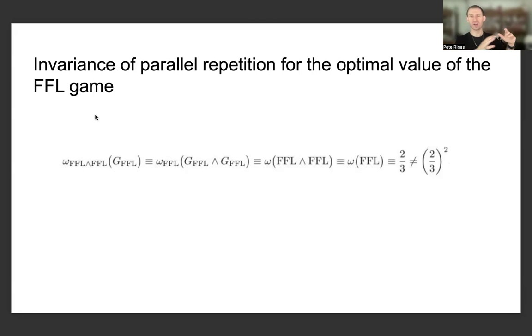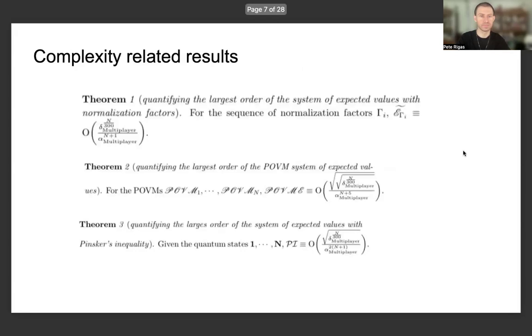how the FFL game differs from the XOR game in one assignment, namely one probability of the player answering one question, it's 1/4 in comparison to 1/2 in the XOR game. This actually results in a significant difference in behavior of this game, namely the invariance of the optimal value. The fact that performing 2 rounds of parallel repetition of the FFL game leaves this value invariant, namely that it's equal to 2/3 and notably not equal to the square of 2/3.